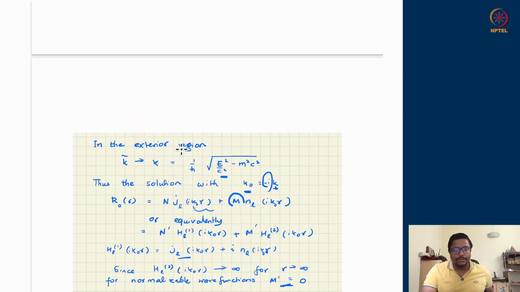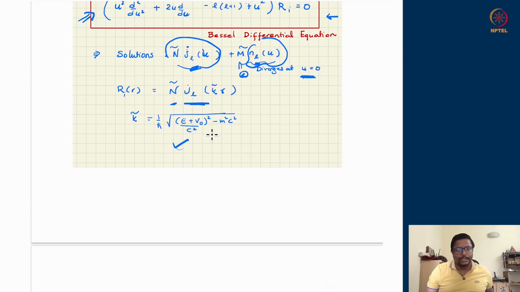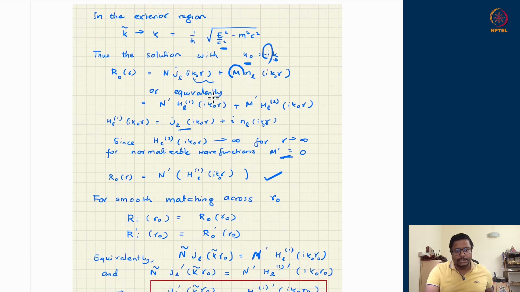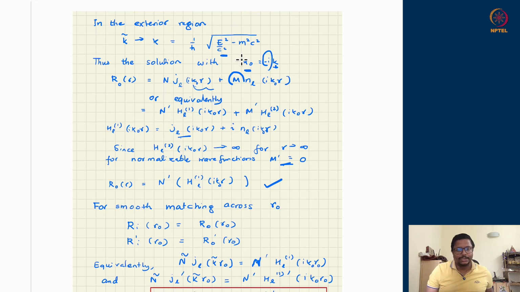Only thing you have to be careful about, I have done it in a particular way. For the interior case, I had defined a k tilde which appears in the argument, and in the exterior region I had defined iota times k naught. So that appears in the argument of the Hankel function. This was just a convenient way of realizing the finiteness or infiniteness. If you kept working with KR, you would be working with JLs and NLs with real argument and whatnot. There you will not be able to figure it out as cleanly. The physics is the same if you work in any variable. This is easy to visualize, and it is just a variable transformation. So that is what I am allowed to do.